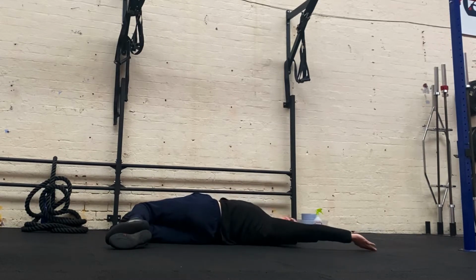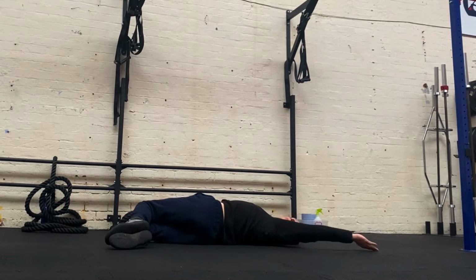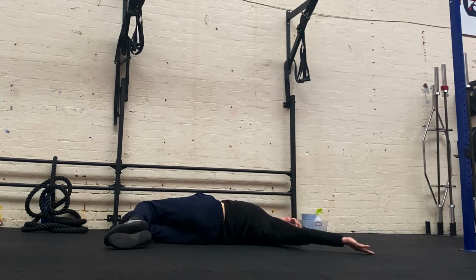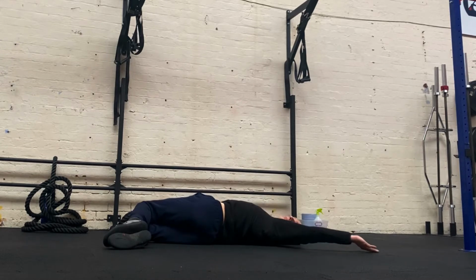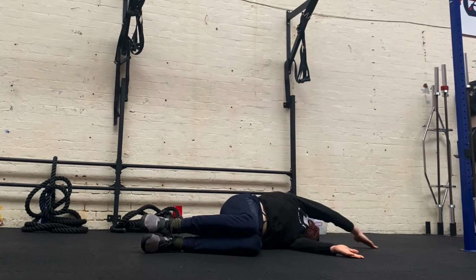Then from there, I want you to make a big circle. Stay in the same position. Go round your head, round towards your bum and back towards the front, keeping the knees glued to the floor, feet tied together. You follow the hand with the eyes again,